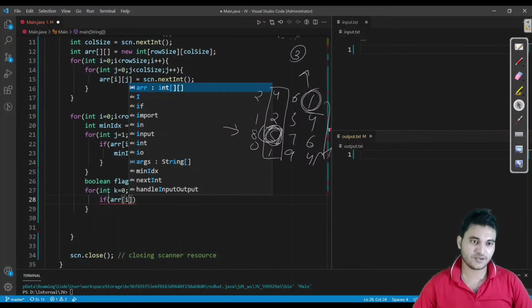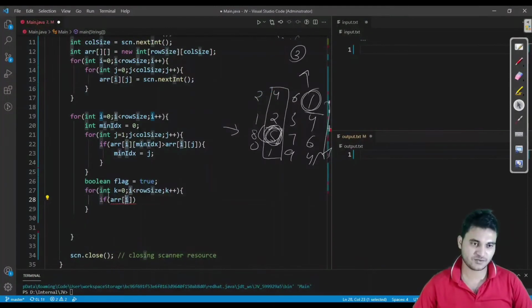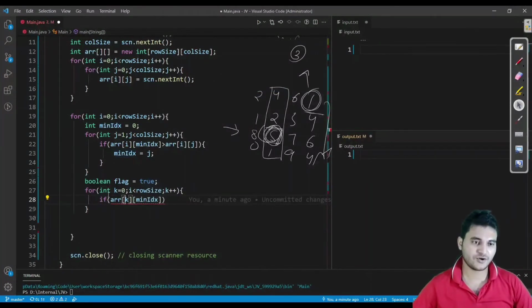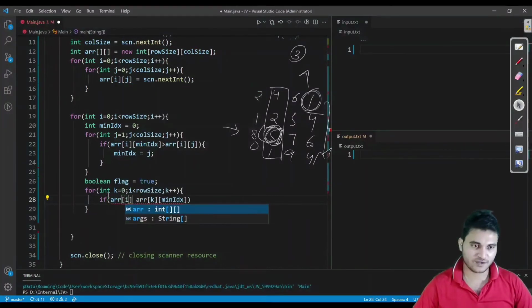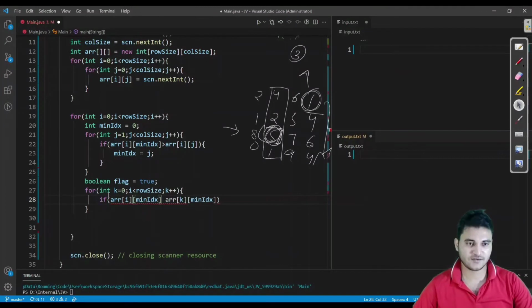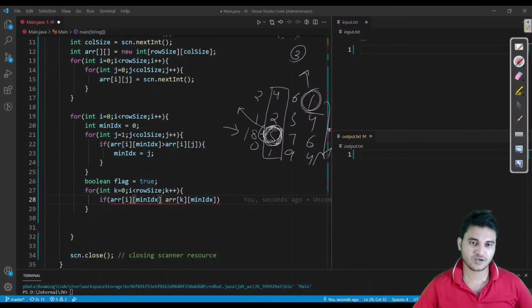ARR of k, min index, which is this one which we got. Let us say for now, if you look here, we got this as the min index. Now we are checking in this row. i is here 3 and the index is 1.